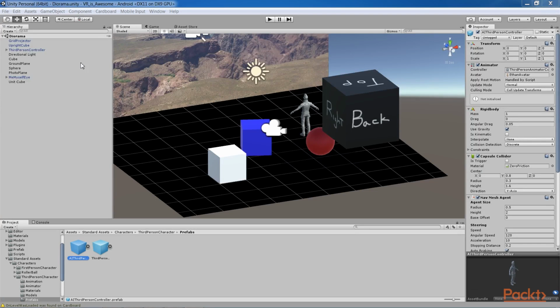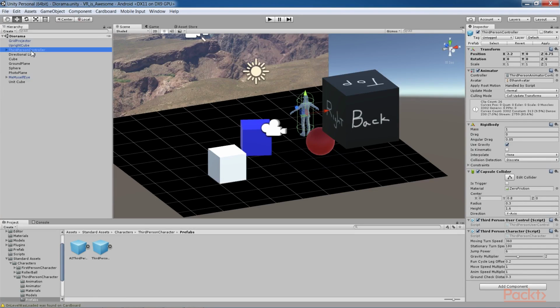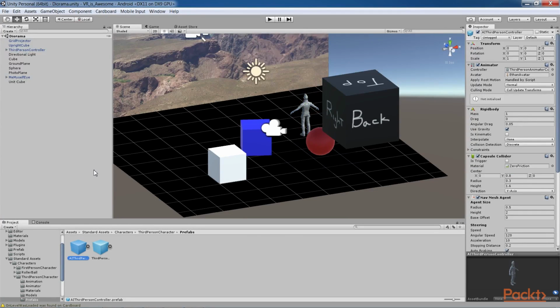To start, we want to replace the third-person controller prefab that we used initially with Unity's AI character, AI third-person controller, using these steps. Unity uses the word artificial intelligence loosely to mean script-driven, so let's begin. First, open the Unity project from the previous sections with the diorama scene and have the characters package imported from